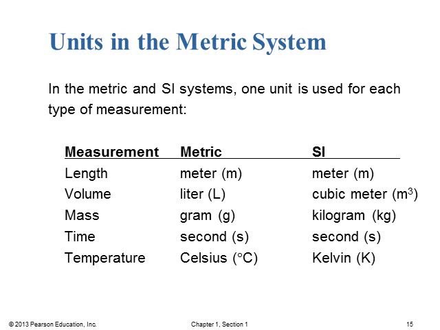For the measurement of mass, we use grams in the metric system and kilograms in the SI system. Very similar, just a different power scale, and we'll talk about that in just a short bit. The measurement of time is all in seconds, and in the metric system, we use Celsius to measure temperature and Kelvin to measure temperature in the SI system. And we will talk about how we can convert Celsius to Kelvin and Kelvin to Celsius in the future slides.